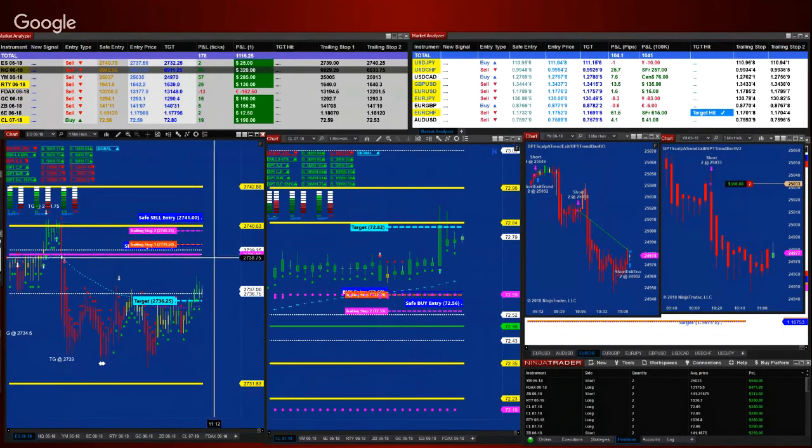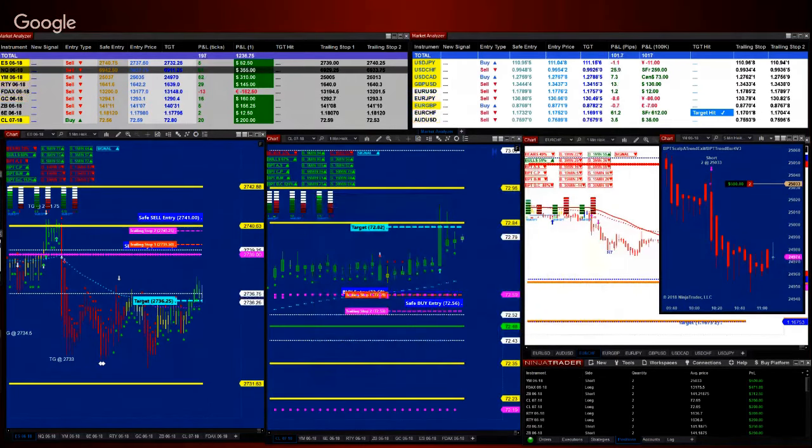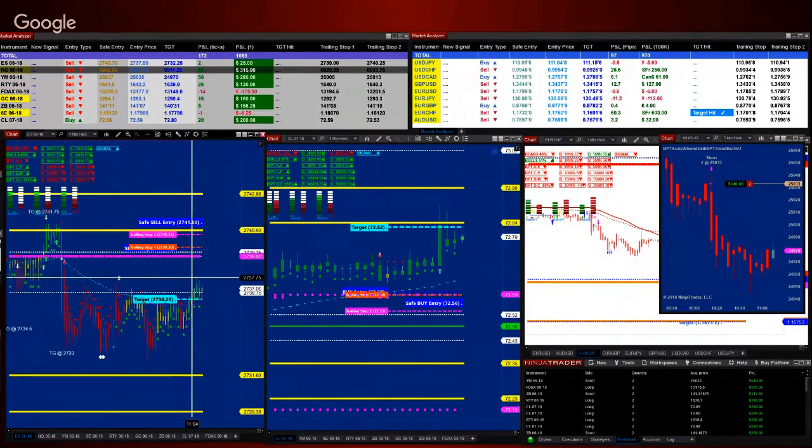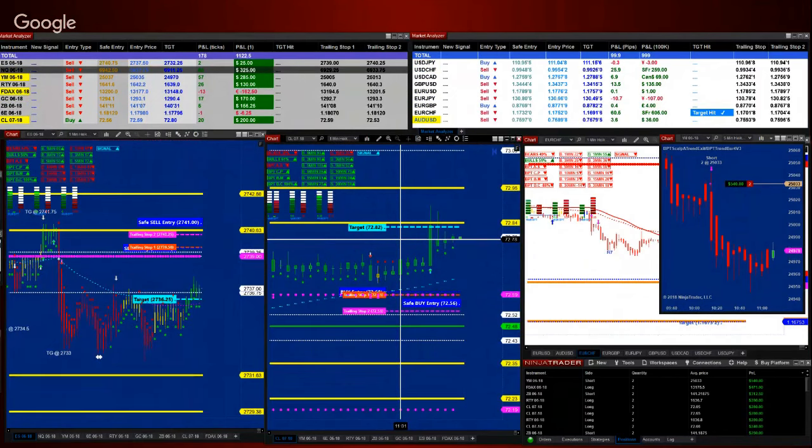So on the ES it is a sad story. Anything above the 2739 is a very sad story at the moment. Nonetheless, if heavy buyers are able to penetrate every single line, and I doubt it. So this is a really confusing day for the trader, whether you are automated or not. This is a hell of a confusing place to take a trade on the ES.